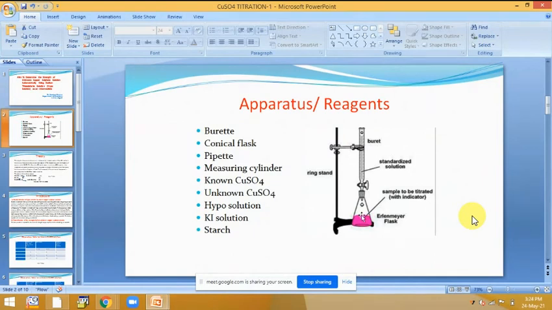First, we will take the known copper sulfate solution in this conical flask, so that we can determine the exact concentration of hypo solution, because with a small change in the reading, there will be a great effect on the concentration or our final result. That's why before starting the experiment with the unknown copper sulfate, you should know the exact, accurate concentration of this hypo solution taken in the burette. So that's why we first titrate this hypo solution with known copper sulfate,